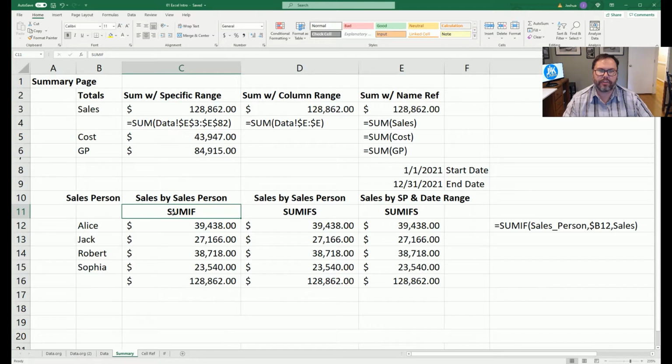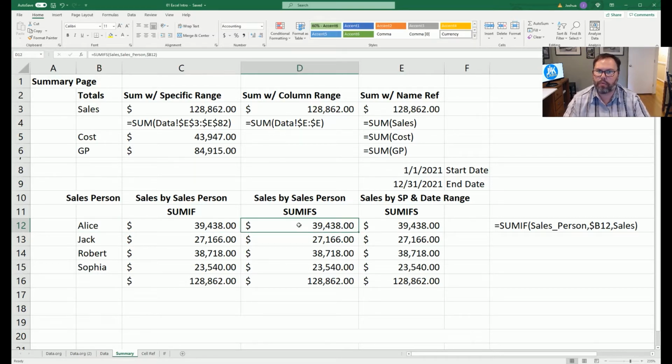Well, as we mentioned earlier, SUMIF allows for one checking of criteria, and that's it. SUMIFS allows for multiple criteria. Right now we're only checking one criteria, and that's if the salesperson equals Alice, Jack, Robert, or Sophia. So both of these equations would work. But if we're going to add in more criteria that we want to check when we're summing up these values, we're going to have to use SUMIFS. So my recommendation, and what I always use, is SUMIFS, whether I'm only checking one criteria or 3 or 4 different criteria, the reason being, like we said earlier,